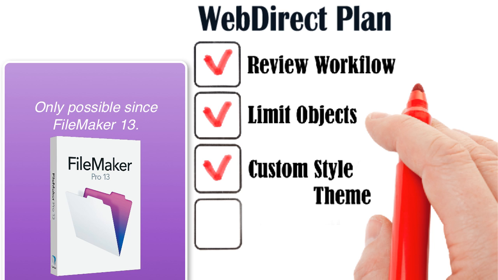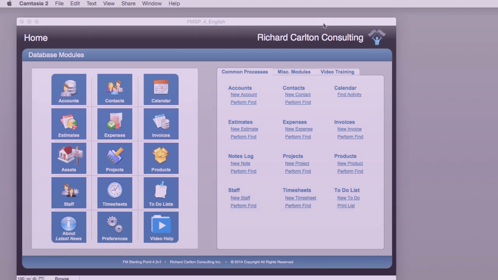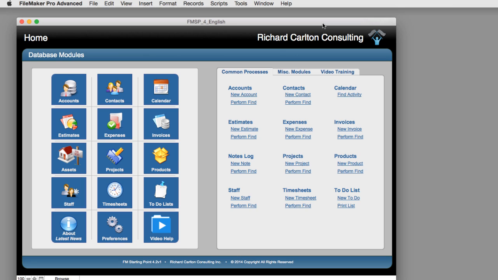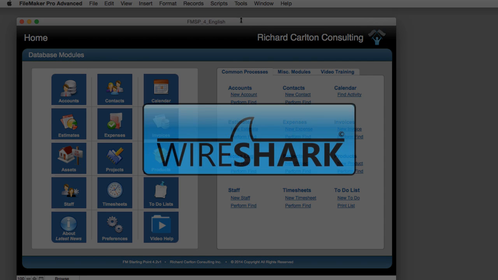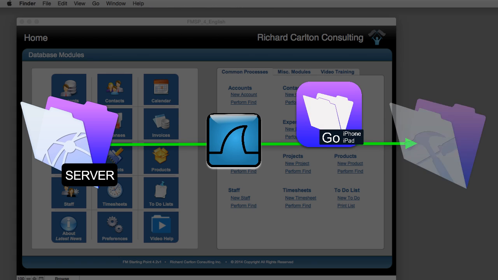Well, let's go ahead and dive into this. We're going to switch out of our PowerPoint here and jump into FileMaker. So I have a copy of FM Starting Point, and I want to look at optimizing this for deployment on WebDirect. Now I have an application called Wireshark, and this is an application that allows me to measure the bandwidth, the amount of network traffic between FileMaker Server and a FileMaker client like FileMaker Go or Pro, or in this